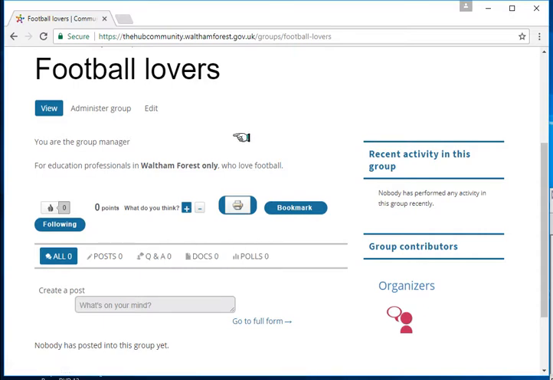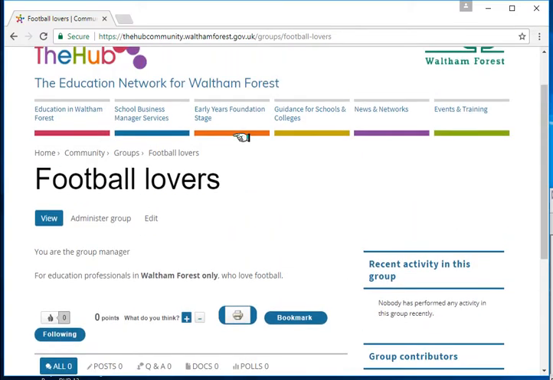But because we're on the group homepage as an administrator, we get these options here. We get view, administer group and edit. The view button is highlighted at the moment, as that's what we'll be doing at the moment. We're viewing the page as a normal